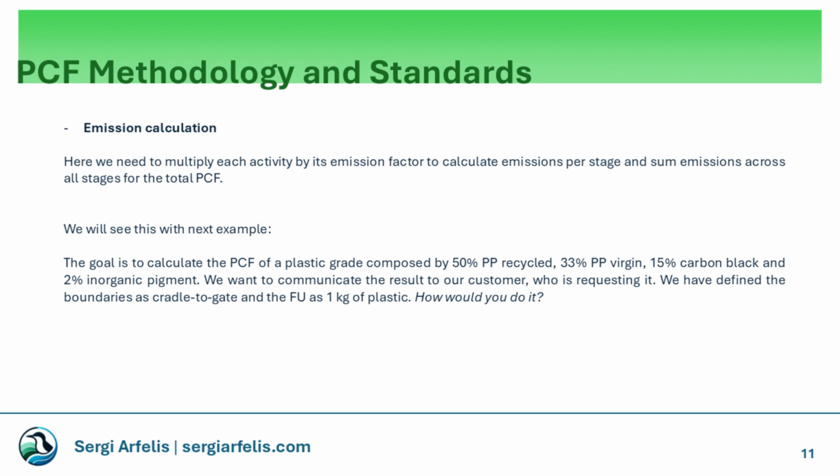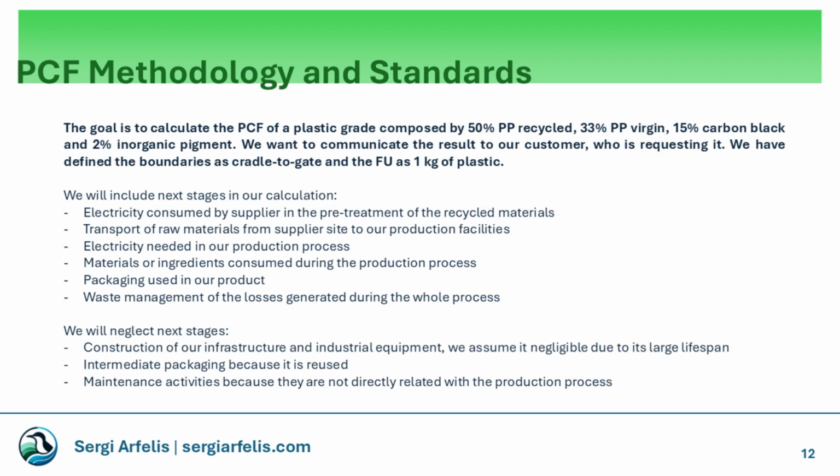You repeat this for each material, transport route, packaging, and waste treatment stage. Once you have calculated the emissions for every stage, you sum them up to get the total product carbon footprint for your defined functional unit. This step-by-step approach allows you to see which parts of your process have the biggest impact and helps you identify opportunities for improvement. Now let's look at how to calculate emissions for your product carbon footprint with a realistic case